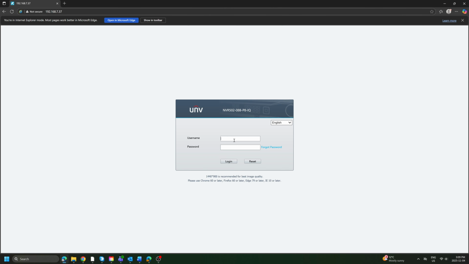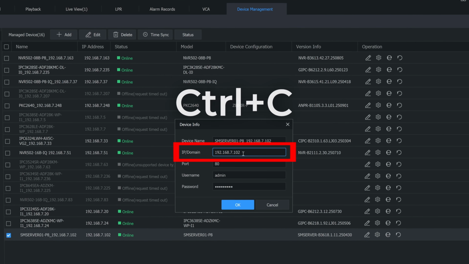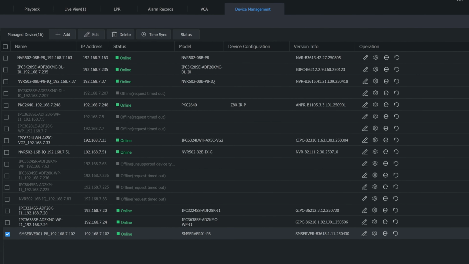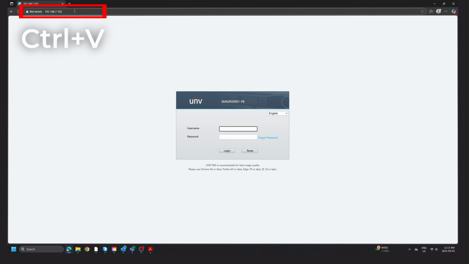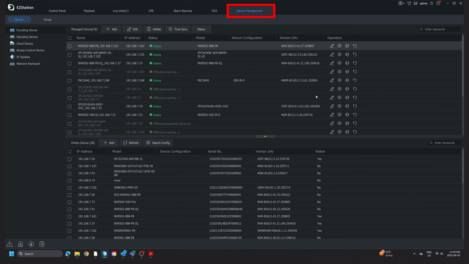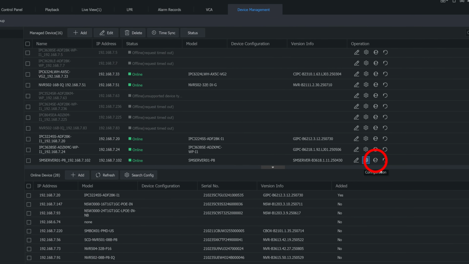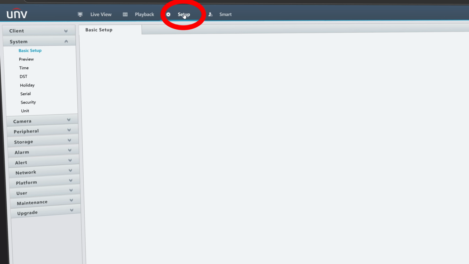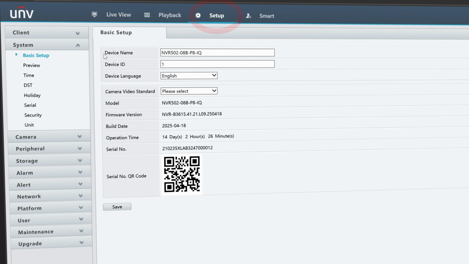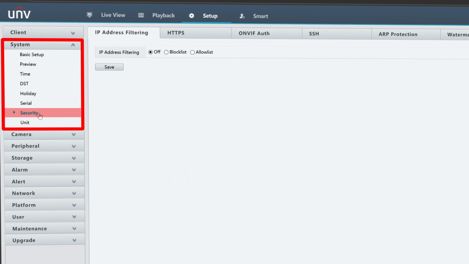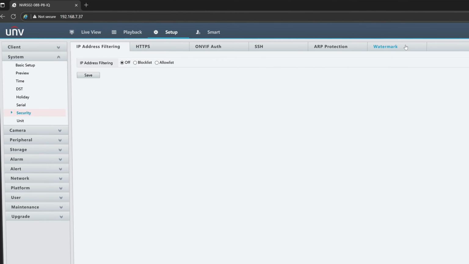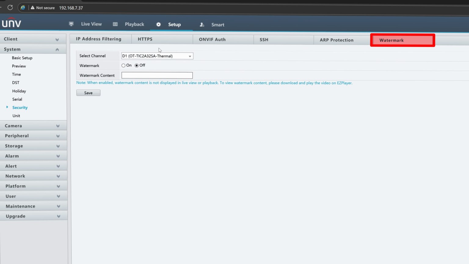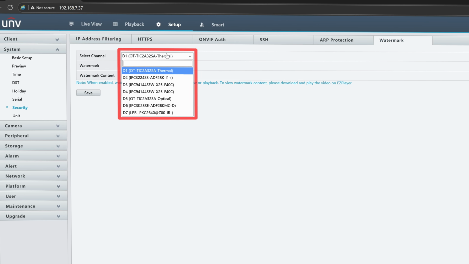So how to set up watermarking. This is going to take us under a minute. Let's begin. First, log into your NVR's web interface. You can find it by copying its IP address into your browser search tab, or by clicking this E icon next to your NVR on the device management page of EasyStation. Head to Setup on the top right, look for the System tab on the left, and then click the Security from the drop-down menu. Let's click the Watermark tab over here on the top right,